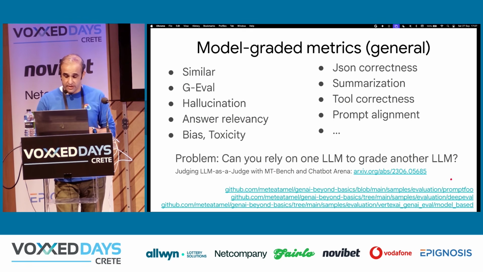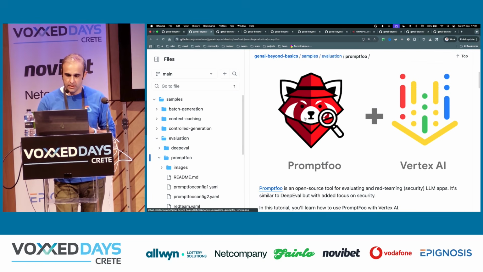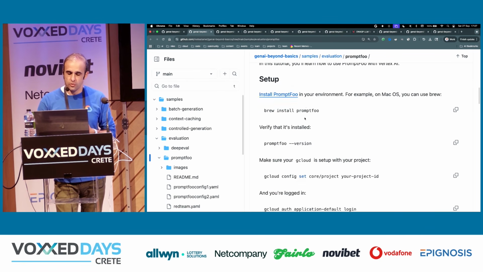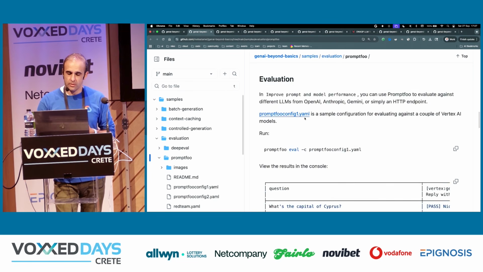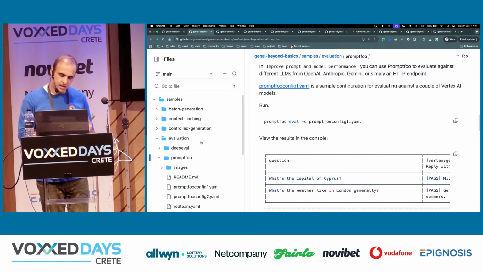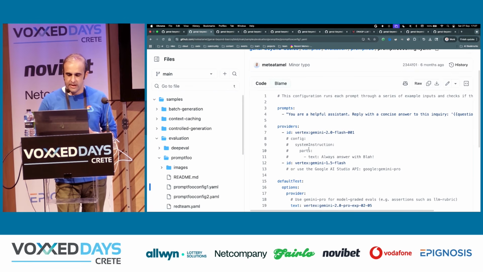Yeah, so here I have a few examples from Promptfoo, DeepEval, and also Gen AI Evaluation Source. Let me just show you a couple of quick examples on how this works. For example, in Promptfoo, which is an evaluation framework, you define your evaluations in YAML, which I don't personally like because I feel like YAML is more for configuration, but that's what they have. And in this YAML, you specify